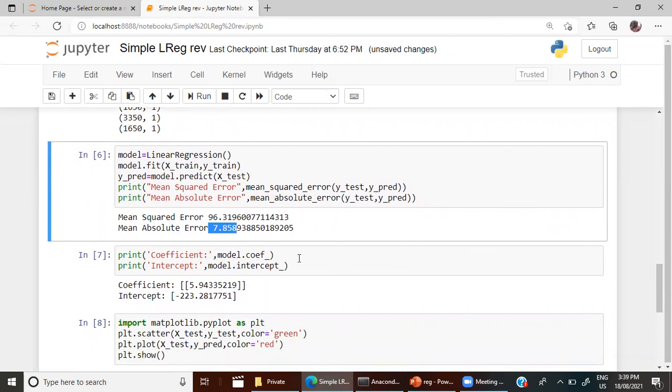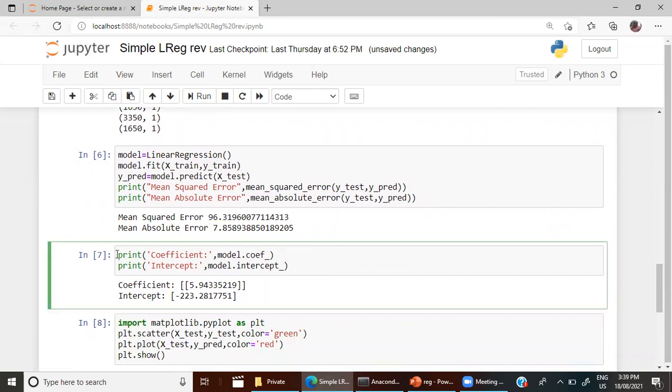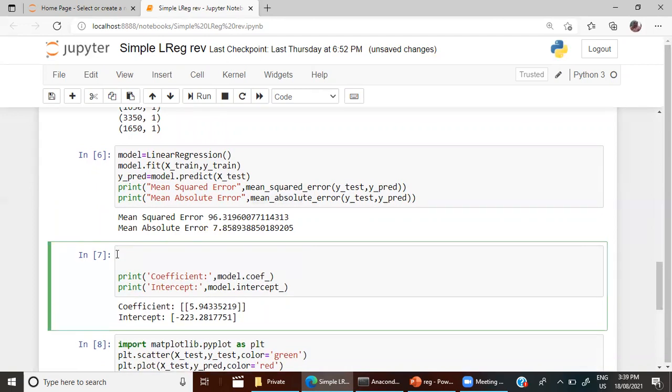The next step is, if you remember in the PPT, I discussed with you the equation of the regression line. That is y is equal to m into x plus c. So this is the equation of the line when we do simple linear regression. We'll also go to multiple linear regression, in which case we use two features. Here there is only one feature, that is height: x is height, and based on height we predict weight.